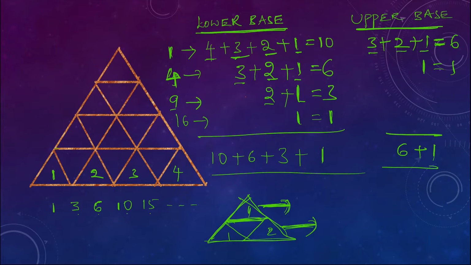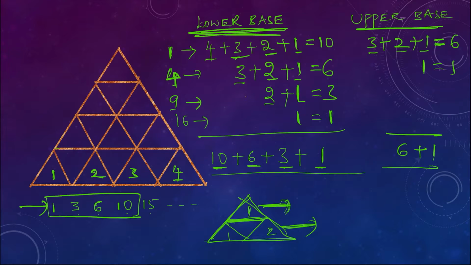That is the count here. So here only 4. Indirectly the count is 4 here. So we need to take only first 4. Sum of first 4. Indirectly the meaning of this lower base triangles. Observe lower base triangles, how many we got? 10 plus 6 plus 3 plus 1. That only we can see here. 1 plus 3 plus 6 plus 10. Indirectly lower base triangles.